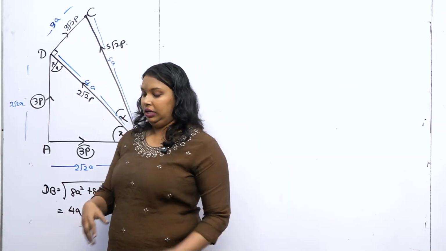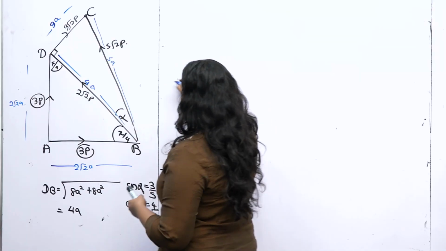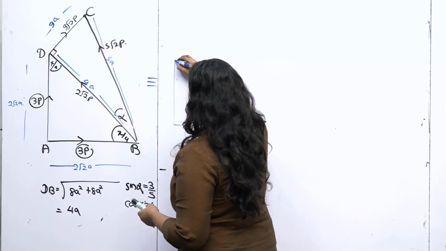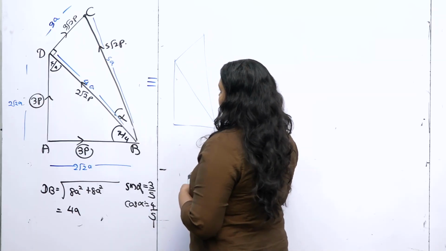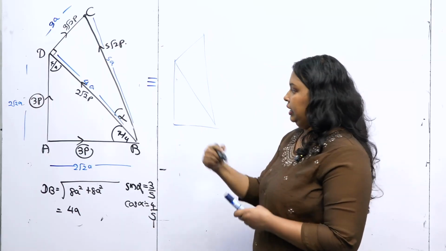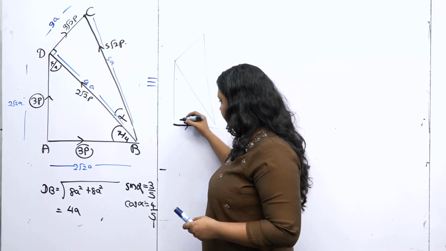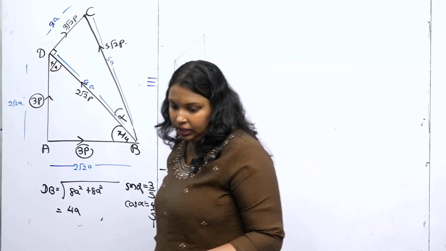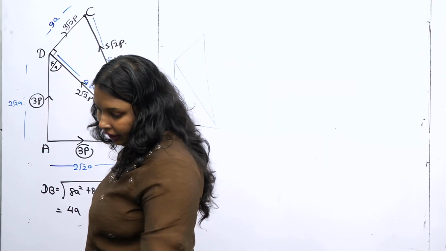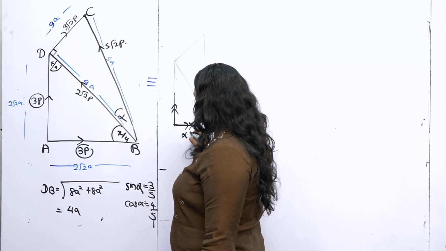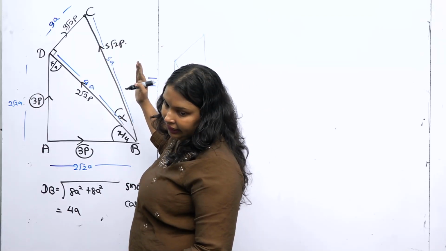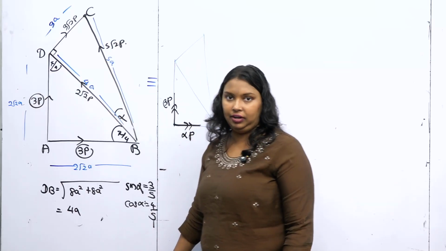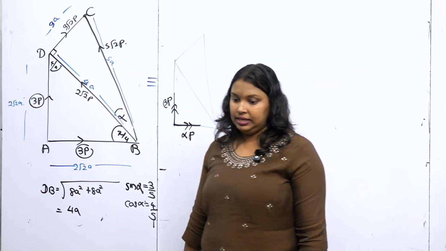They say this system is equivalent. I will draw the diagram roughly. The system is equivalent to a force acting along this, so they are talking about the resultants, right, acting along AB, that is alpha p, acting along AD, beta p. It is equal to two forces like this, plus a